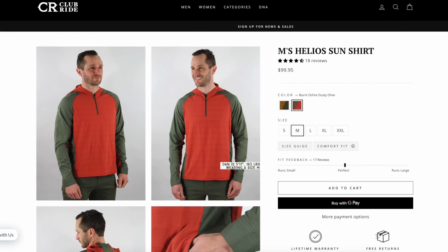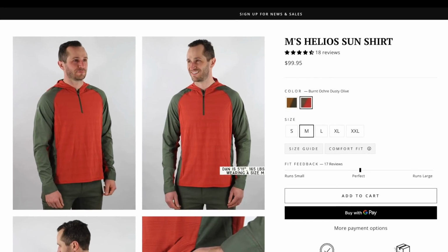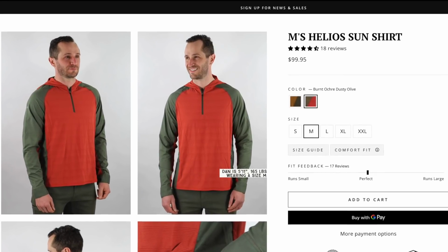The next bike jersey alternative is this sun shirt. This is the Helios sun shirt by Clubride. And this piece is pretty interesting because it does take those principles of having coverage with a long sleeve, lightweight material during the sun, but applies it to the hoodie form factor. So yes, it does have a hoodie, like so, 50 SPF, lots of sun protection,